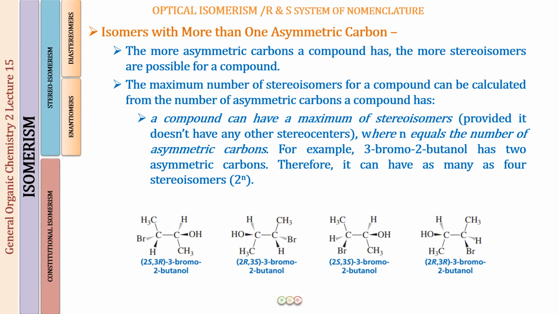So how do we draw these 4 isomers? First of all, you should be able to understand this. Here what you can see is 2S,3R. How did we draw it? We just put the 4 carbons of the chain in the plane of the paper. Then for the groups, I put, at random, I can do anything, a hydrogen on C2 with a solid wedge and a bromine backwards, and over here the OH and the hydrogen, in the positions that you can see. So I have placed them at any position I wanted, and then I named the compound.